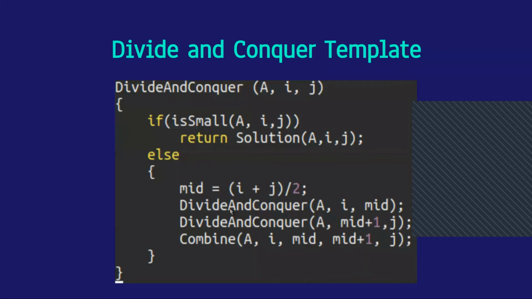After you solve the left and right problems, what do you have to do now? Now both your left and right problems are solved. What is the time for you to do? Like what do you have to do now after your left and right problems are solved? Exactly, right. You have to combine them. So that is the third step. Combine the two parts. i to mid is the left part, mid plus 1 to j is the right part. So combine those two halves to get the final solution.